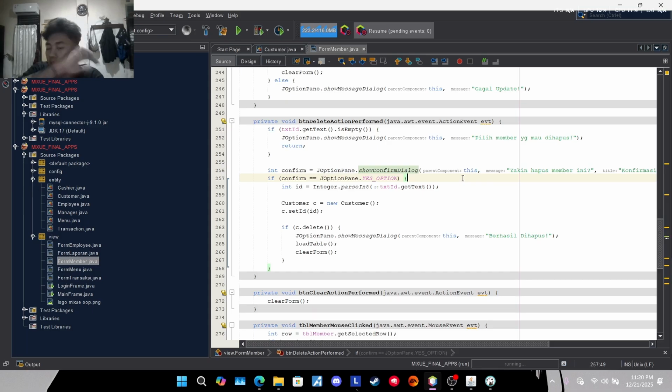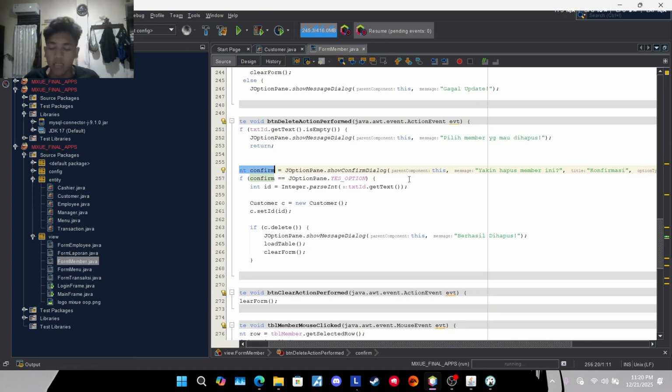So after we click the name in the table that we want to delete, there will be showing that the row in the table is the row that we want to delete. So like a confirmation message